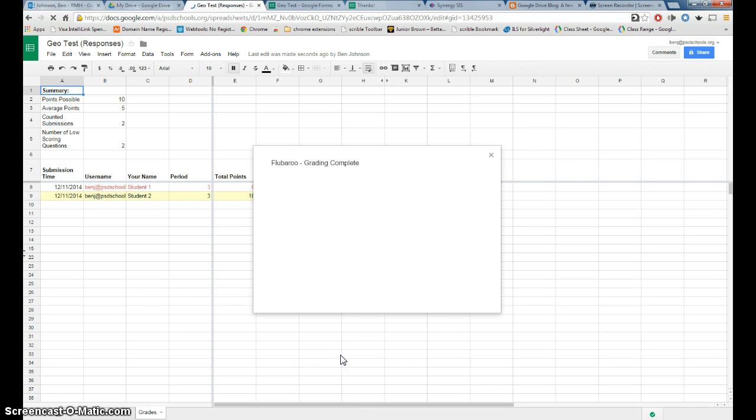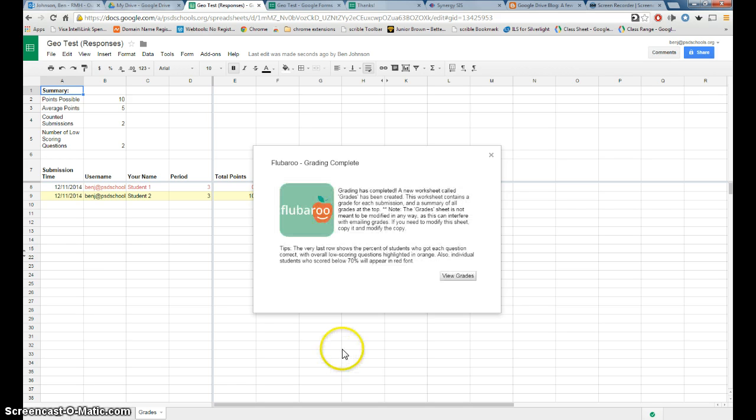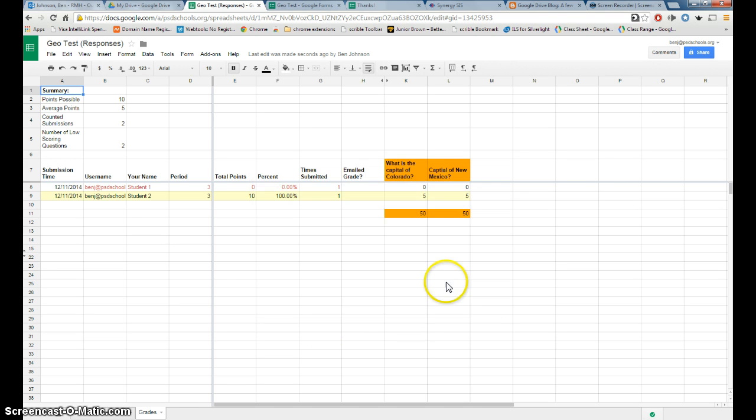And it's grading the test now. The longer the test and the more students, the longer it will take, and I'll view the grades. If more than a third of the students miss the question, it flags that with an orange column, and so those would be questions that you might want to look at again as a teacher and spend some time reviewing those, because the majority of the kids miss those questions,